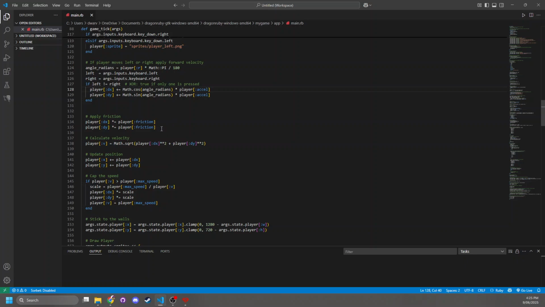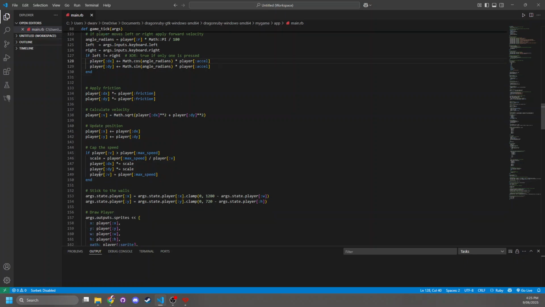So friction just kind of taxes the movement. Velocity plays a role in other calculations, but dx and dy handle the movement there. It basically checks the velocity against the max speed and makes sure that it doesn't exceed a certain max speed